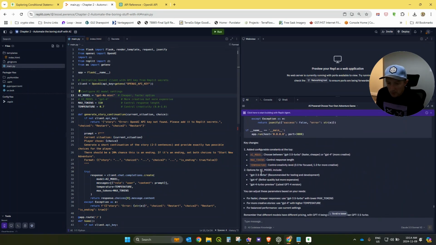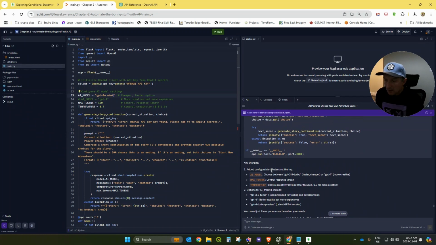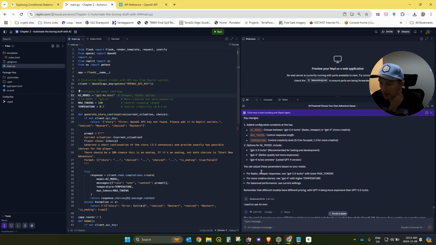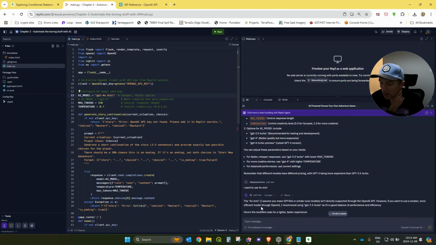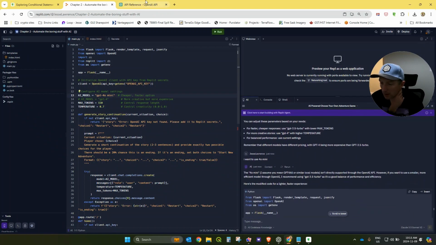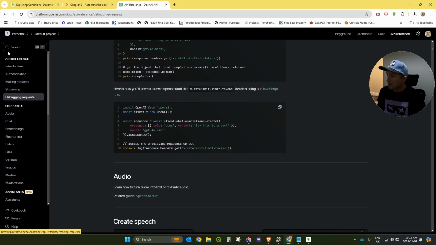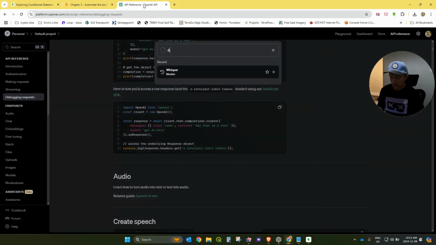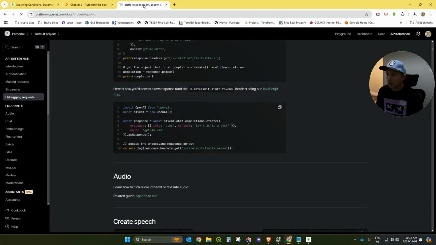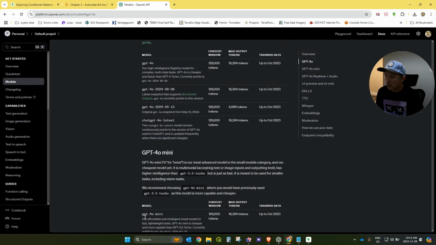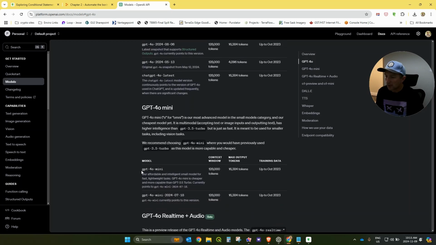It doesn't know what 4.0 mini is? Is that what it's saying? Let's see. We can do 4.0 models. 4.0 mini. Let's just try input that and see if it happens to work.